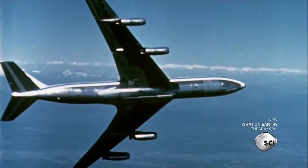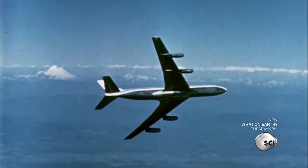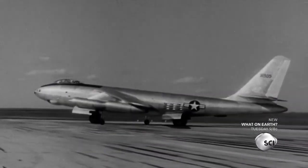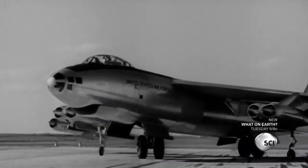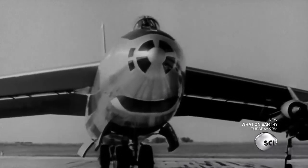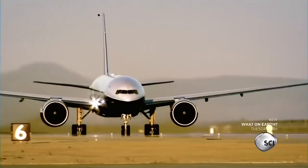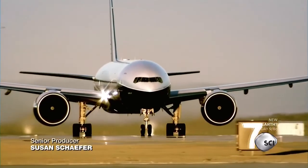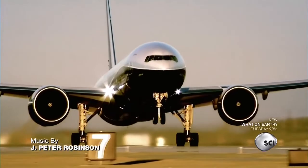It's just amazing to me as an aeronautical engineer that here it is 60, 70 years later, and I just flew back from Brussels on, in this case, a Boeing 777. Essentially the same design as the B-47. That design configuration was so fundamentally right. Why change it? You know, the old expression, if it's not broken, don't fix it, I think holds. To this day,